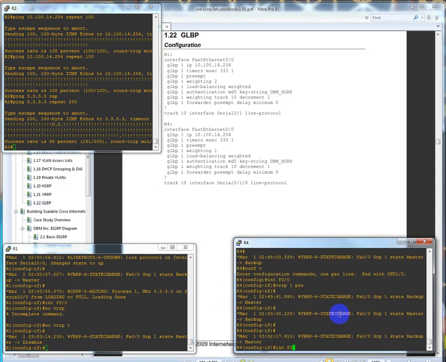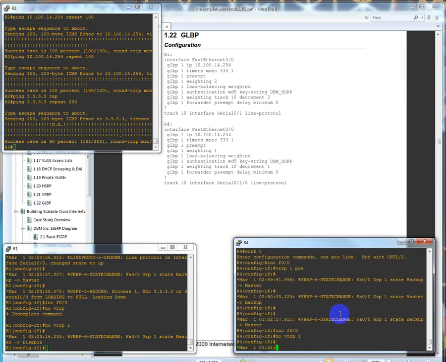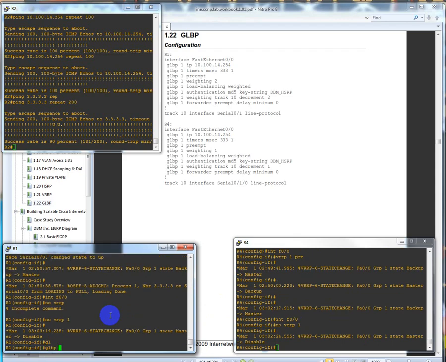Interface FastEthernet 0/0, no VRRP 1. So that turns it off. What I'm going to do now, on this device, is GLBP 1. GLBP 1 IP is going to be